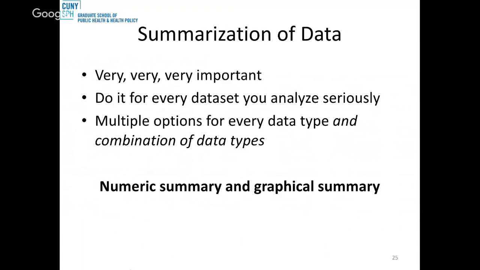Because if you go straight from your data to your inference, your hypothesis testing, it's possible to make mistakes that cause you to get really nonsensical results and not realize it because you don't have that intuitive look at your data. And really, no matter how far you go in statistics and how sophisticated of analyses you are doing,